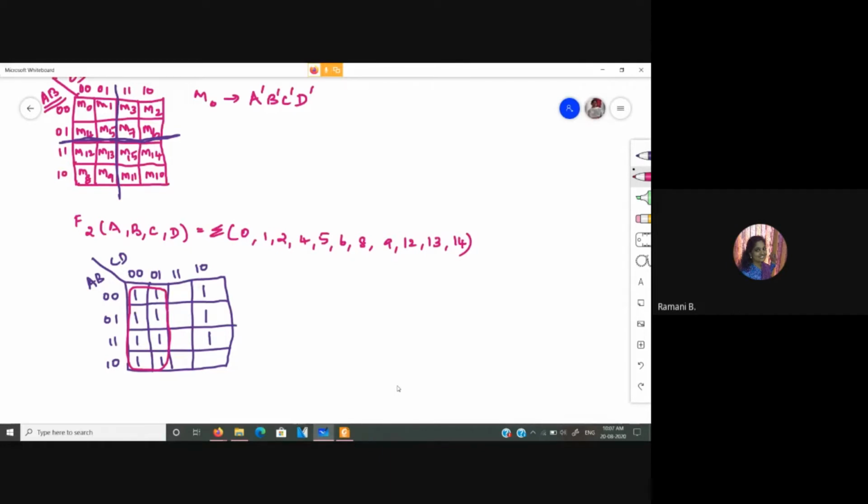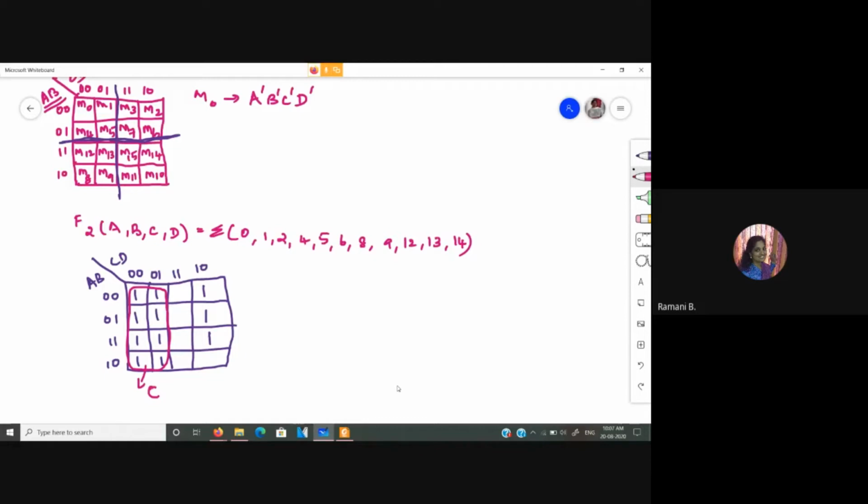And with the octet, I was saying yesterday, you will be having a single literal because with each of these rows, you can see A and B values are different. With the first 2 rows, A is equal to 0 and the last 2 rows, A is equal to 1. So you cannot have A in the expression. Similarly, for B, the first and last row has B is equal to 0 and the second and third row has B is equal to 1. So that is also changing. So we'll not have that in the expression. And here C is equal to 0 is common and D is equal to 0 and D is equal to 1 in this column. So this particular group has the term C.